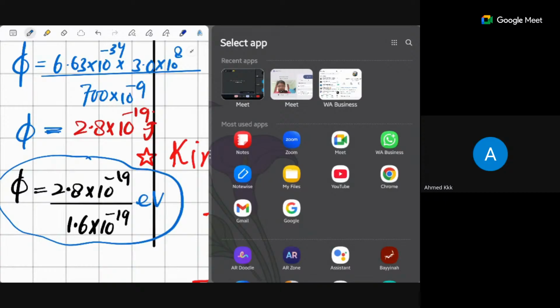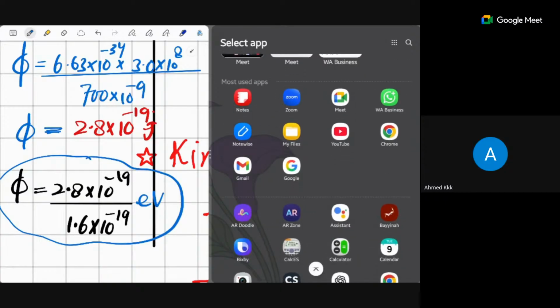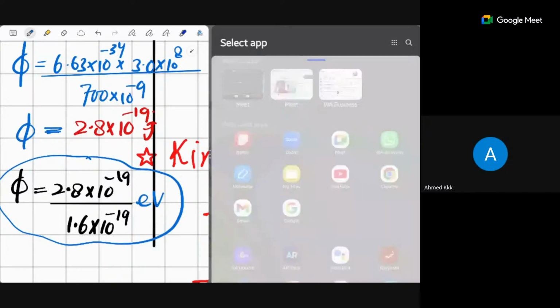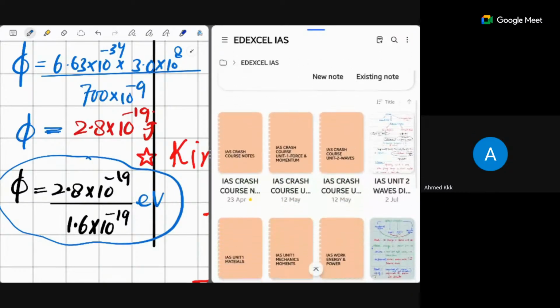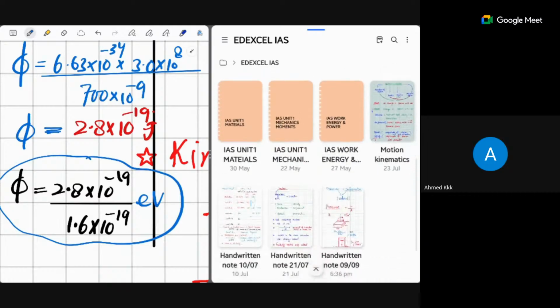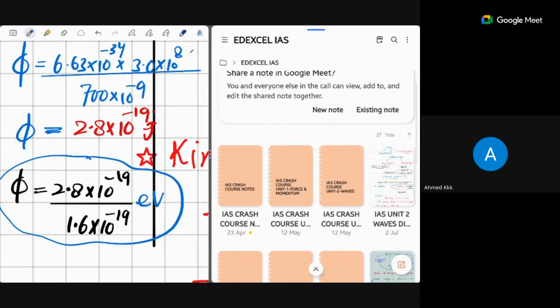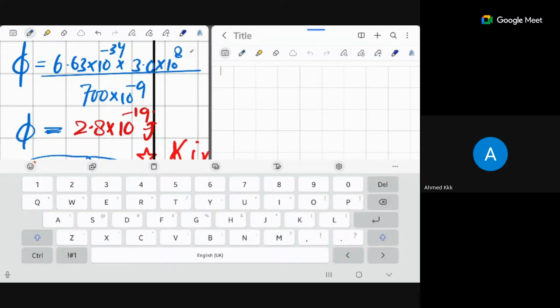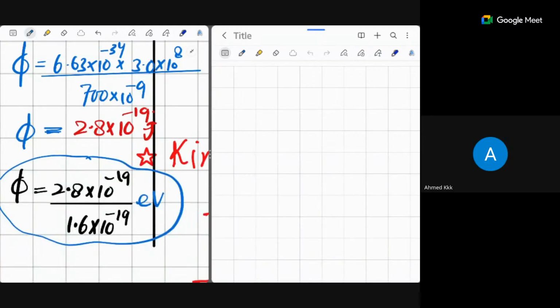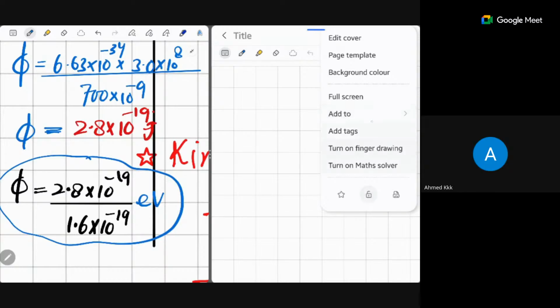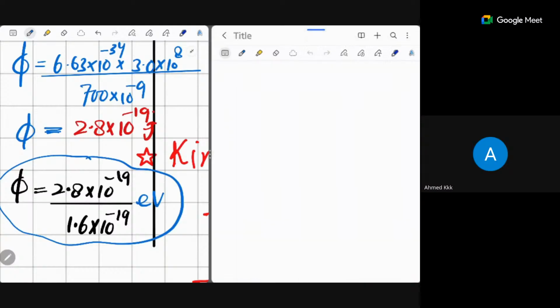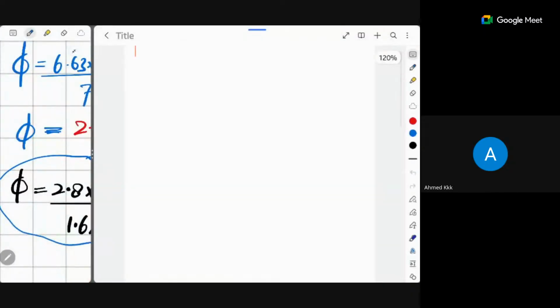Let me share one more file with you. I want to write something for you, but in this file, unfortunately, I don't know why there is not space. Just give me a second. I will add new notes on this side and I will put some calculations for you. The calculations here are based on the work function and all that. For example, I will just do calculations here, on this slide. Is it visible to everyone?